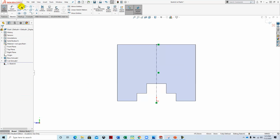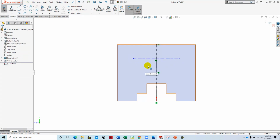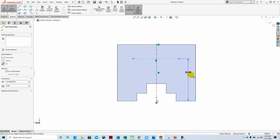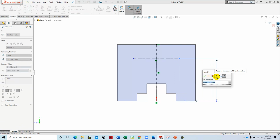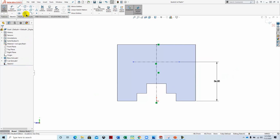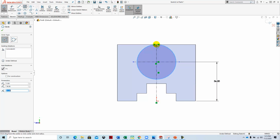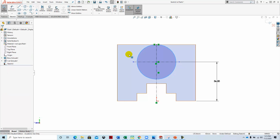We'll create another center line, horizontal, and we'll locate that 36 millimeters from the bottom. Notice that it's a center line or a construction line, and that way SolidWorks doesn't try to extrude it or make it into a solid shape. So we'll set that at 36 millimeters, and then we'll draw a circle here, right from here to that point right there,